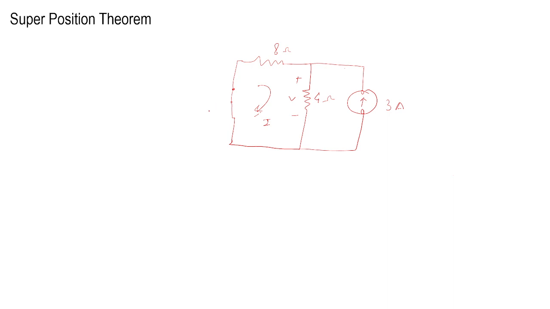Okay, this voltage source is replaced with a short circuit. Now see, this 3 amp current source, we need to find the voltage across these 4 ohm. This 3 ampere current is incoming, and at this node, this 3 ampere current is getting divided into two parts. I will consider here I2, and again I will consider here